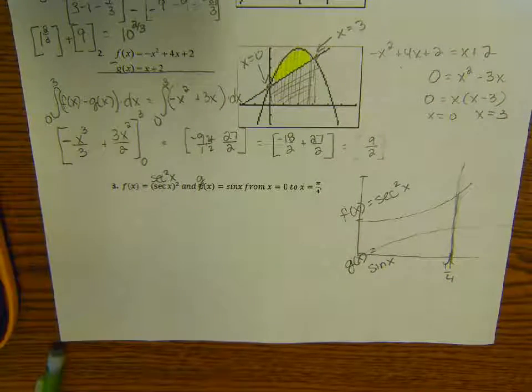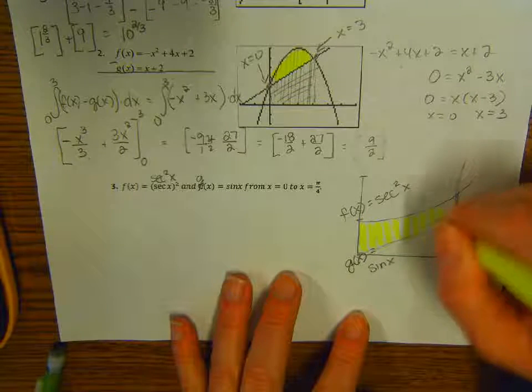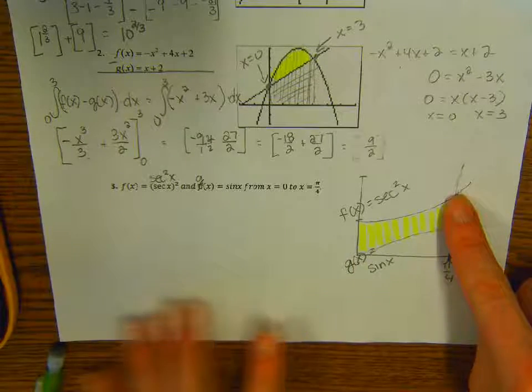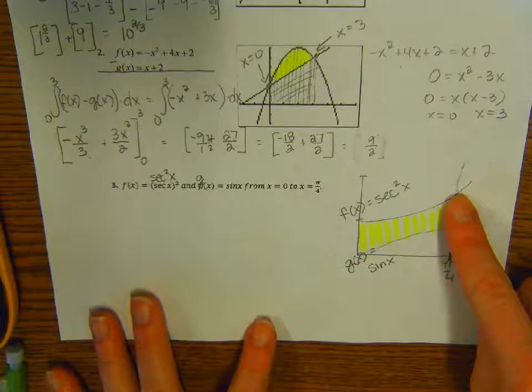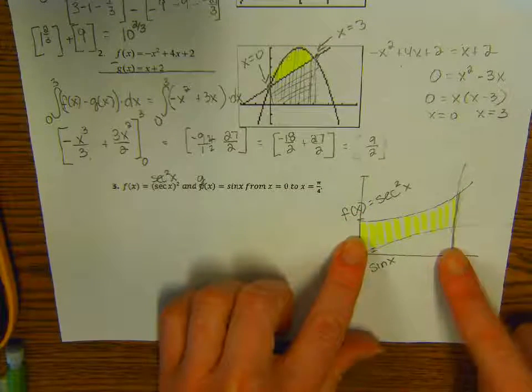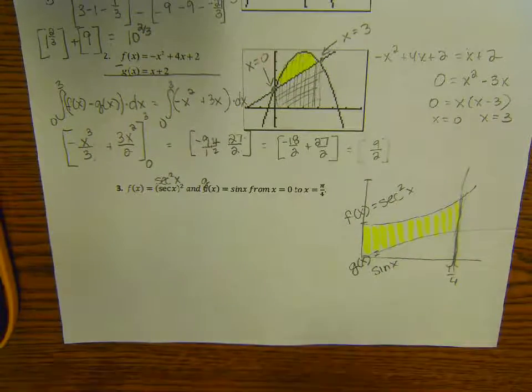So where I'm trying to find the area then is right in there. So once again, if I wanted to find the integral of secant squared from this point, that would give me the entire area between secant and x-axis. I want to take out this area, which is the integral of sine. So I am going to go